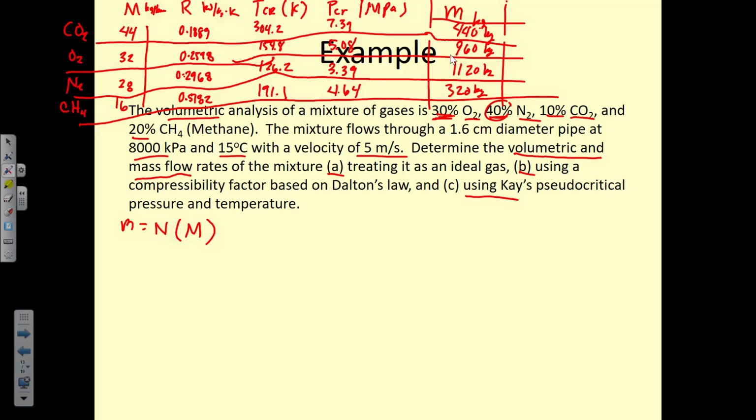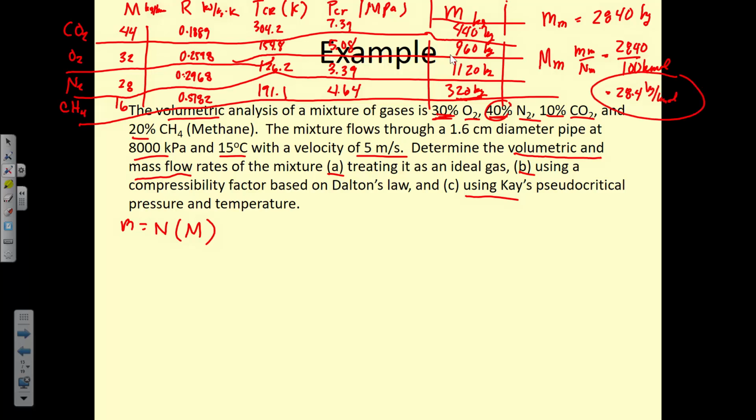Okay, so then I can determine the mass of the mixture is going to be equal to the sum of all of these. So it's 2840 kilograms. And then the molar mass of the mixture is going to be equal to this mass divided by the number of moles. So it's 2840 divided by 100 kilomoles. That was what we assumed in the beginning. It's just 28.4 kilograms per kilomole.